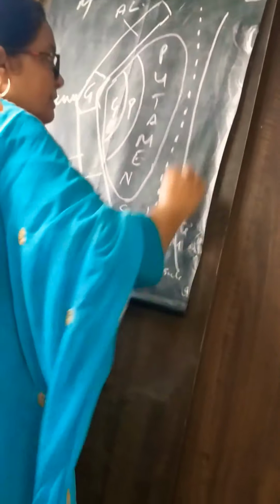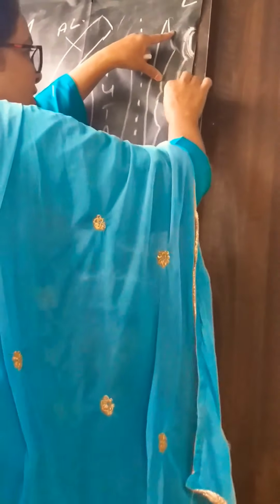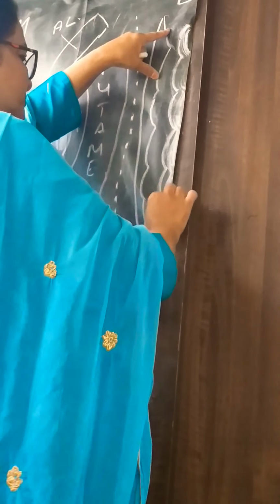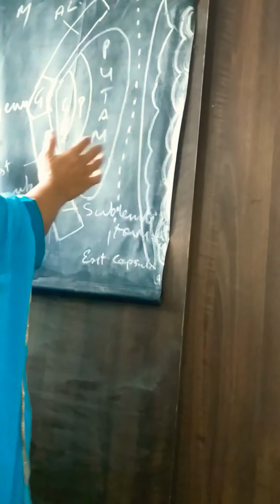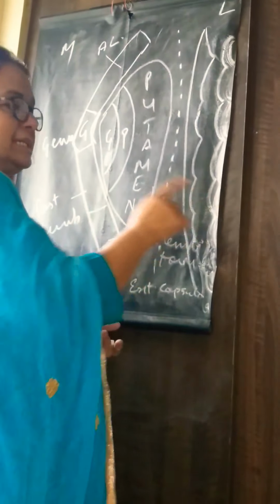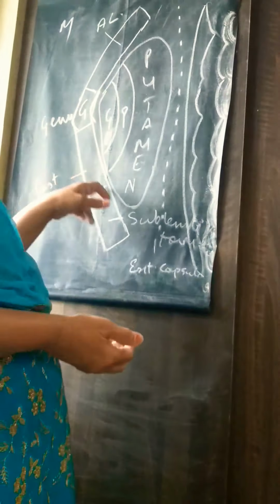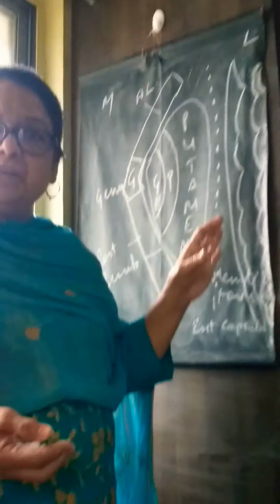And then over here is present the claustrum. And this is the insula, which is present on the lateral side of the claustrum. So this is somewhat the structure. When you cut open the hemisphere, you will see these structures. So within the concavity of the internal capsule lies the lentiform nucleus. By now you know the different parts of the lentiform nucleus.